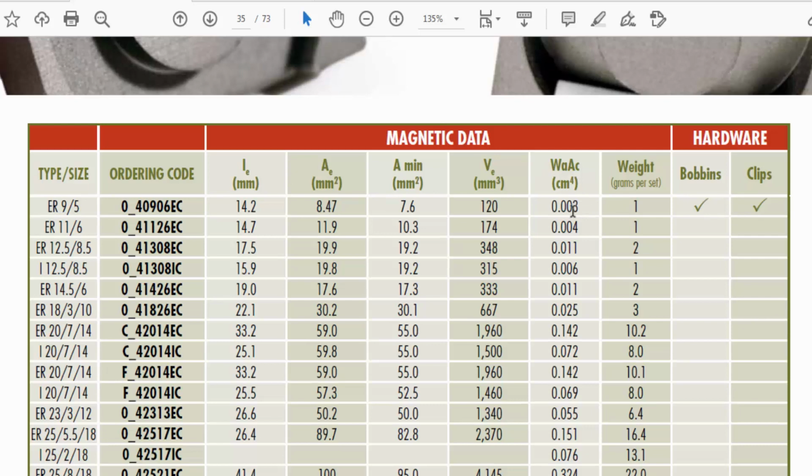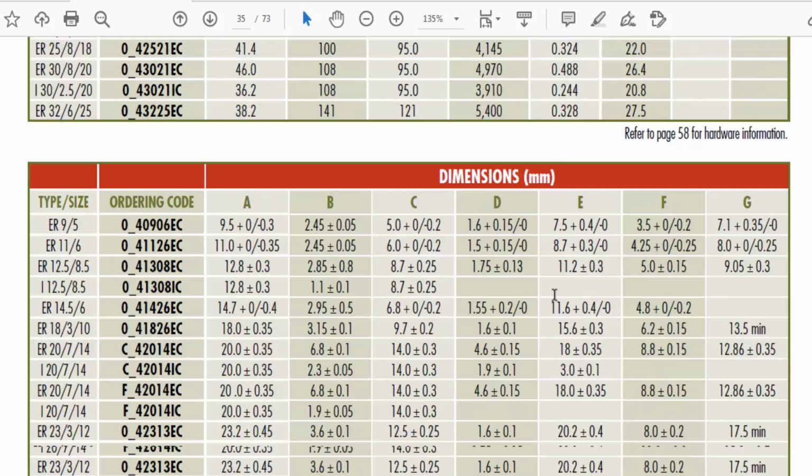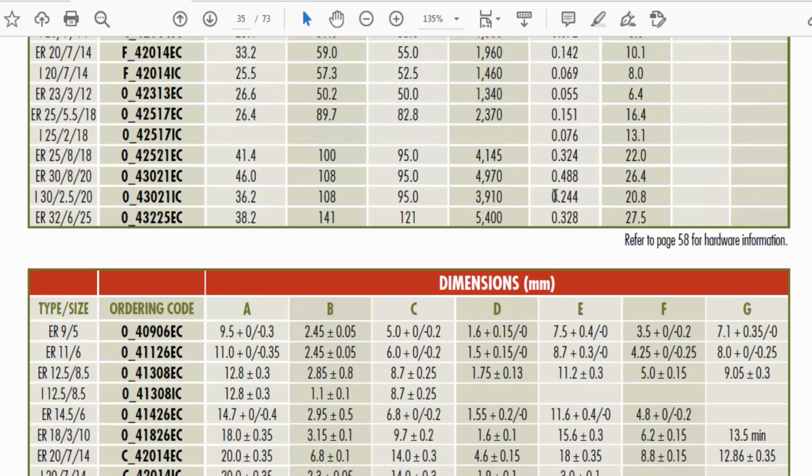If you don't select a proper core, suppose our calculation is 0.244, and we select a core that has 1.224, then the core geometry will increase, and we cannot get a proper output of the transformer, or it will cause a loss in induction, which will increase the power losses, copper losses, and core losses.